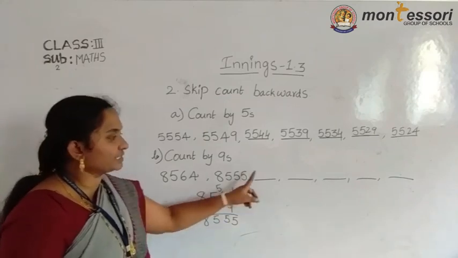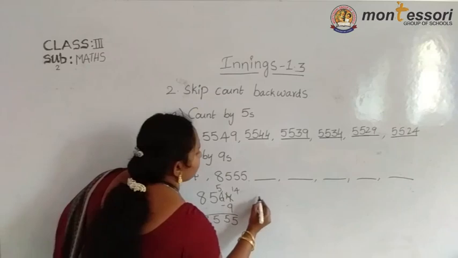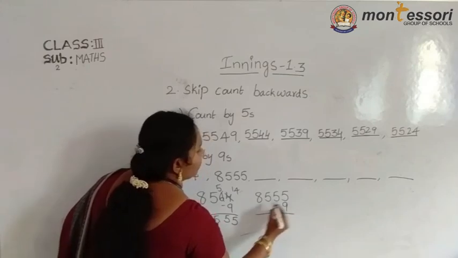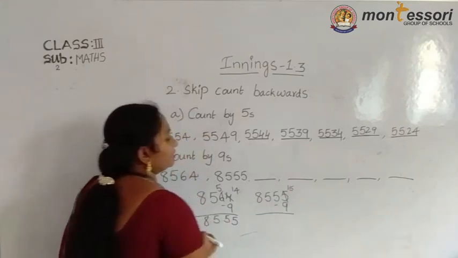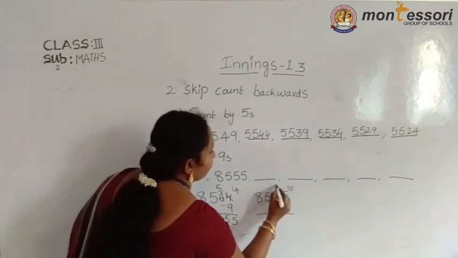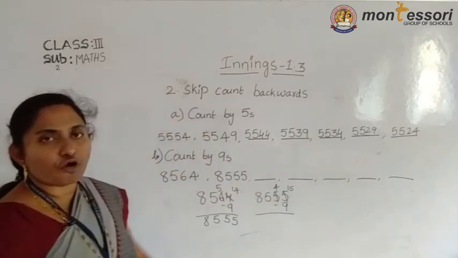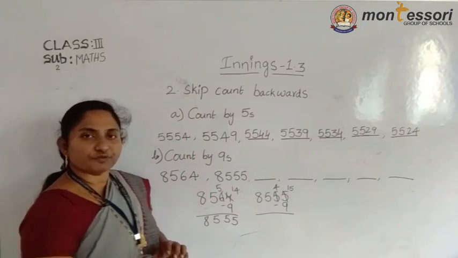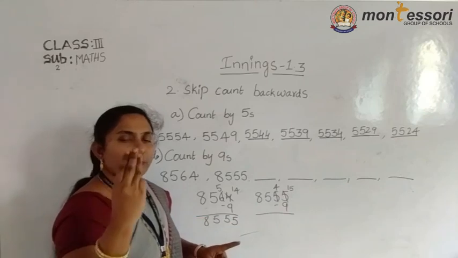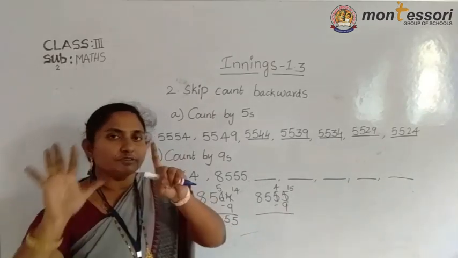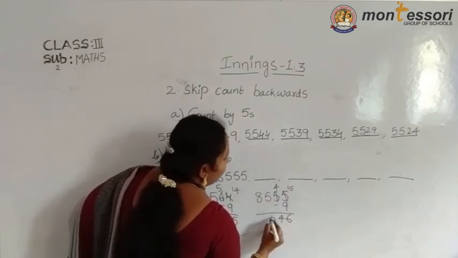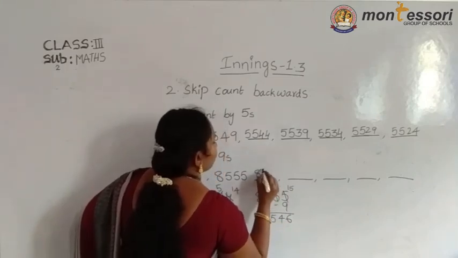Now this number too we can subtract with minus 9. Again, 8555 minus 9 means 5 changes into 15. Why? Because 5 minus 9 is not possible. I am taking a borrow here. Okay, this 5 changes into 4. Now 15 minus 9. After 9: 10, 11, 12, 13, 14, 15. Total 6. And again here, what is the number here? 4, 5, 8. 8546.